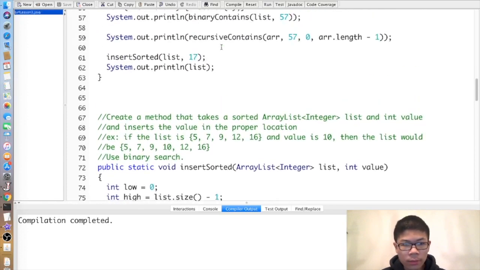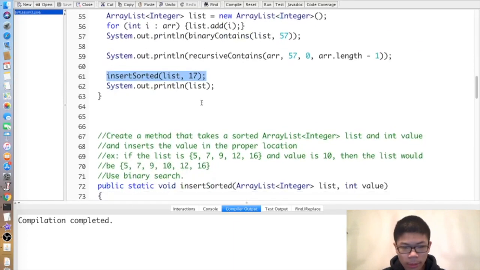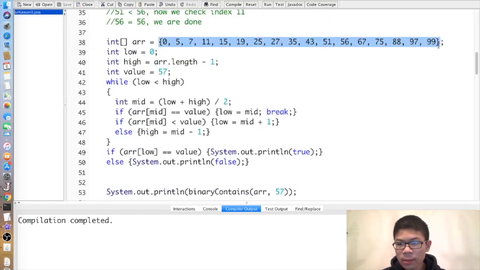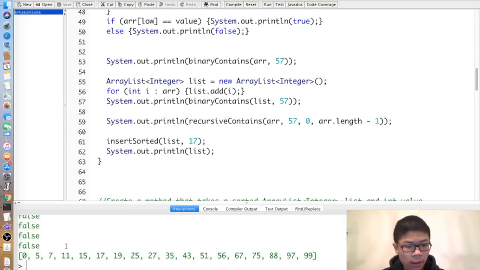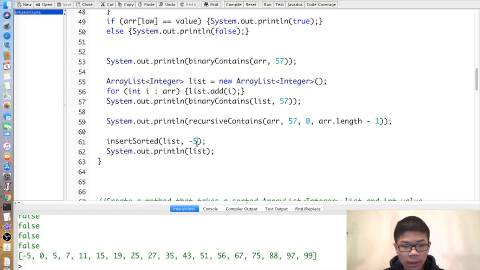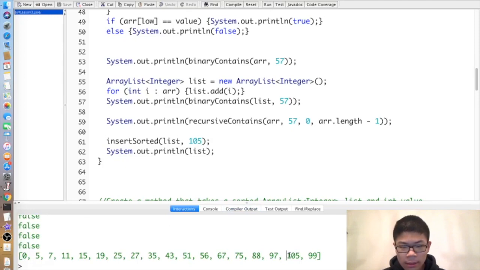So now, when we first apply insertSorted to list, which if you recall is this, and we just add 17 to it and we print it, then this is what we'll get. We add 15 to it. Then that's what we'll get. We add 0 to it. That's what we'll get. We add -5 to it. That's what we'll get. However, if we add something like 105 to it, you'll notice that it inserts 105 before